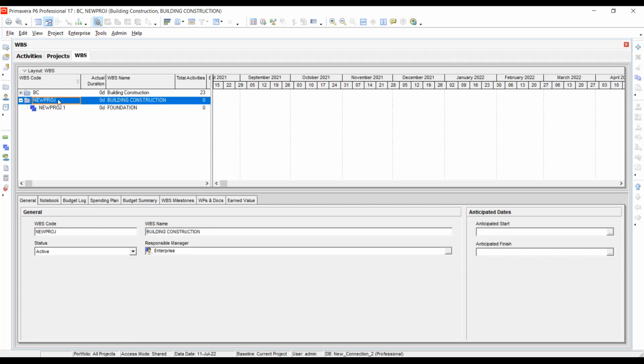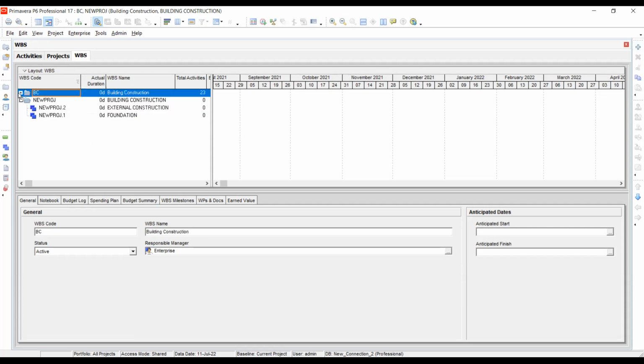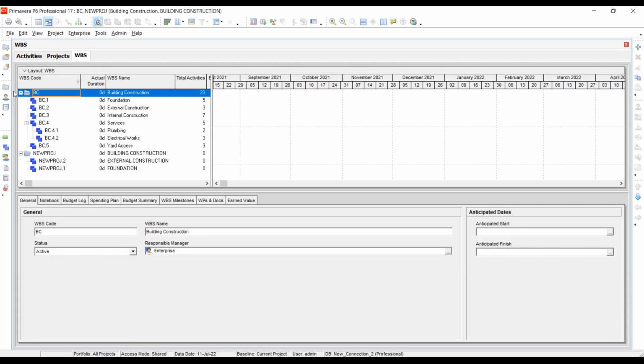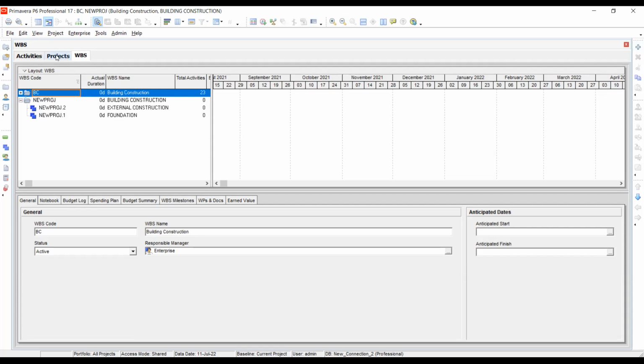Then again we have to go to this new project and add an activity, and the second activity is called external construction. These things we did in the previous classes, how we can prepare the project and the